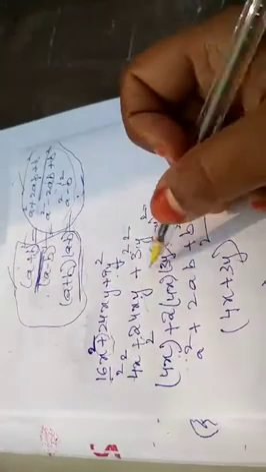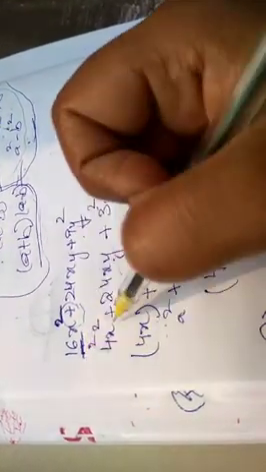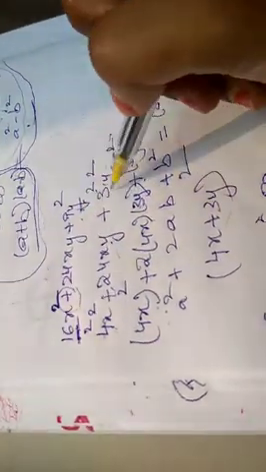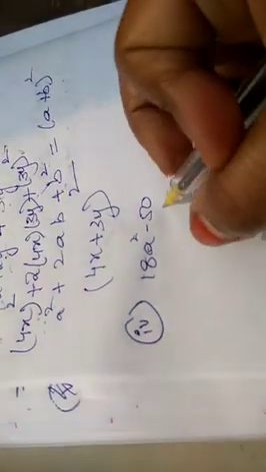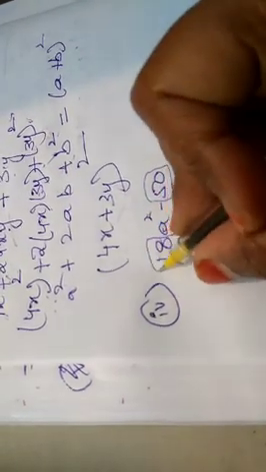If you observe carefully, the 16 whatever is there is a perfect square, as well as 9 is also a perfect square. So always remember, whenever you are writing in these identities a square plus b square way, the numbers should be perfect squares. Now coming to this question, here we have 18a square minus 50. Observe carefully, this 50 is not a perfect square, as well as this 18 is also not a perfect square. Now how can we write this in the form of identities?